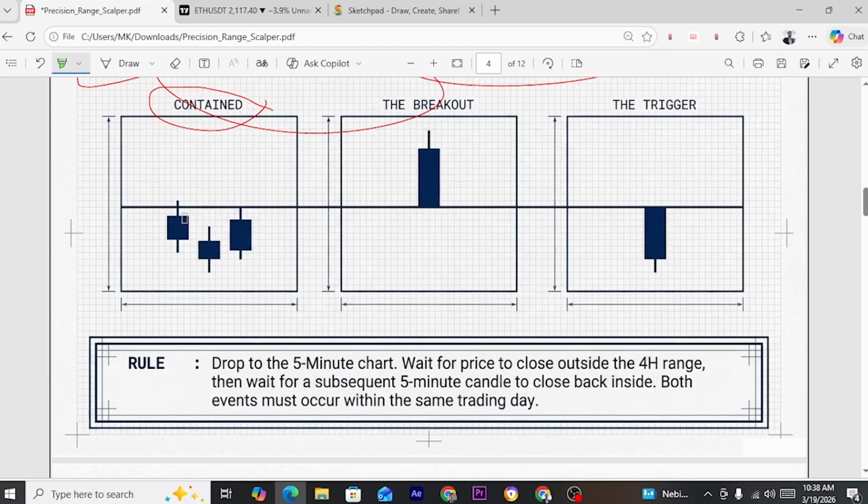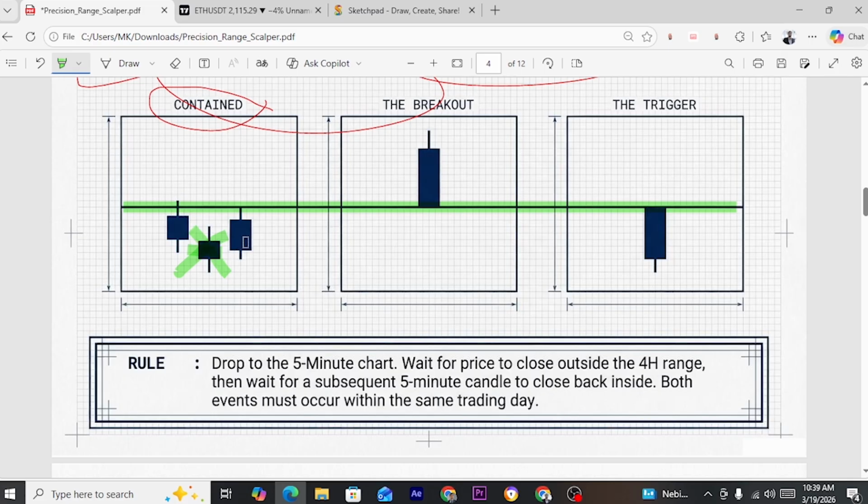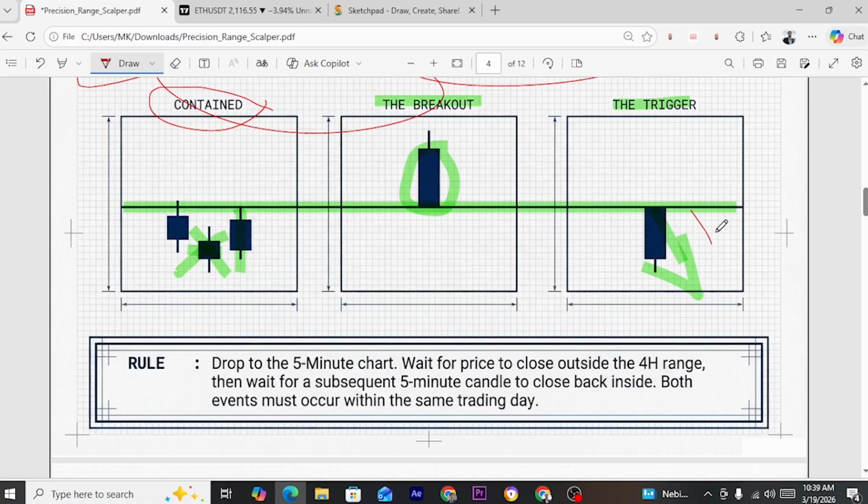If we can see that this is the line, we have to understand. If that candle crosses that line, that means it breaks the line. If it's under, then it's not a break. A touch and back is not a break. So what is a breakout? Breakout means if that candle crosses that line. So what is a trigger? To touch that line and again go back. So this is the trigger, and this is called the breakout. Okay,